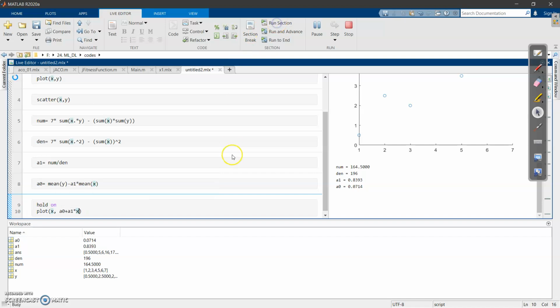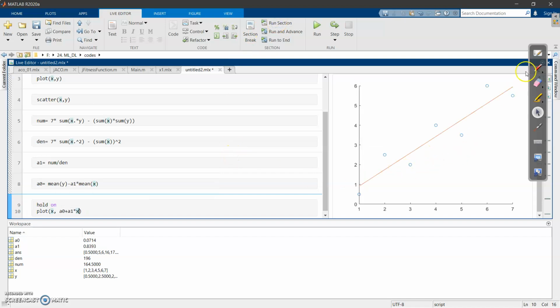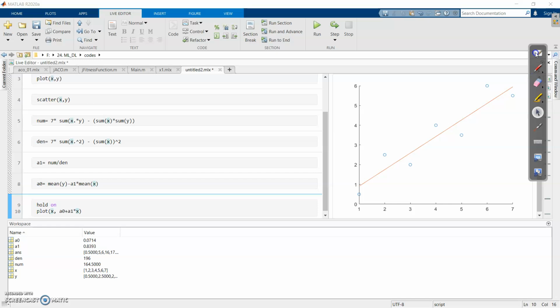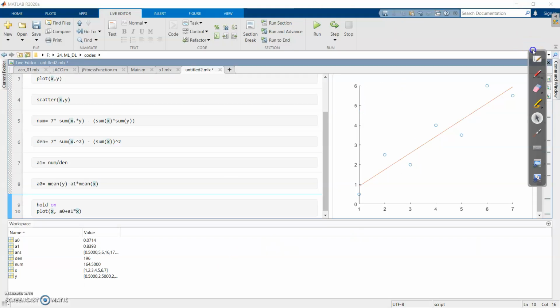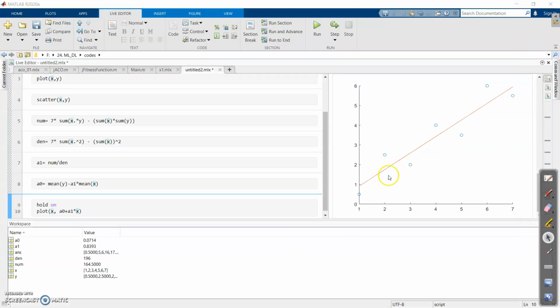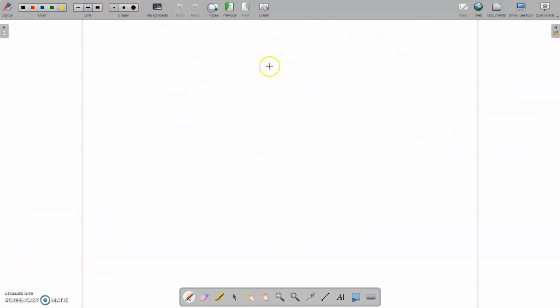Okay, if I do it, as you can see, this is the line that you are actually predicting. Okay, so for one I am getting here, this is the actual value and this is the predicted value. For two, this is the actual value, this is the predicted value. So if you think of it this way,